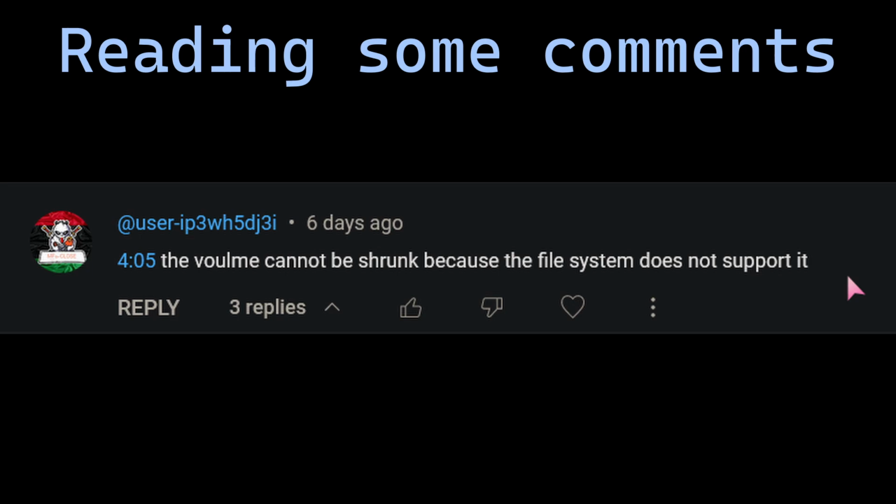Alright, so the next error, someone tried to shrink their drive, and it said that it could not be shrunk because the file system does not support it. I believe this person did reach out to me, and it was because they selected the HP Tools partition that HP created, and it was a FAT32 partition, and you cannot shrink a FAT32 partition, so just be sure you're selecting the right partition when you're doing this, and be sure to select your main operating system partition instead, and shrink that,